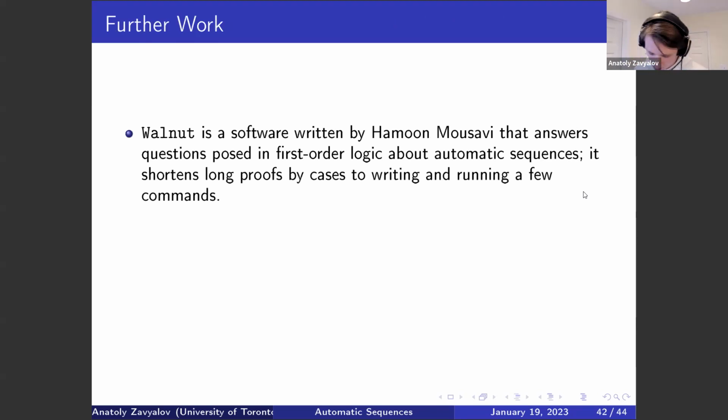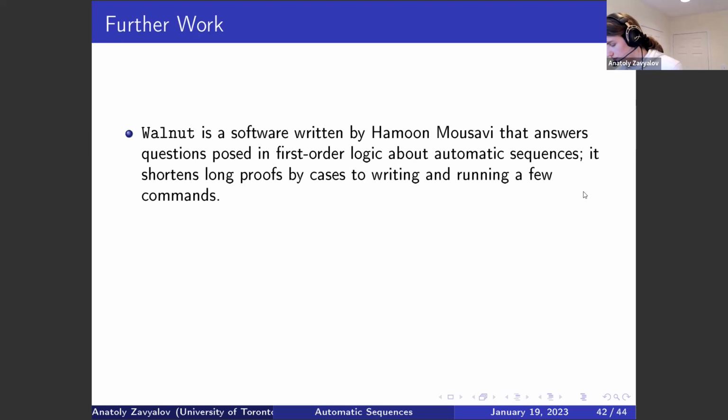Just to close off, I'd like to talk about some other stuff going on in the field. A lot of research in the area of combinatorics on words, which is what I just talked about, is now being done using software called Walnut, written by Hamoud Mousavi, that allows you to input questions written in first order logic and define your own automata, and it can answer those questions and tell you for which values something is true. It actually gives you automata for recognizing whether or not something holds. And this can shorten a lot of long proofs that usually require a lot of ugly casework